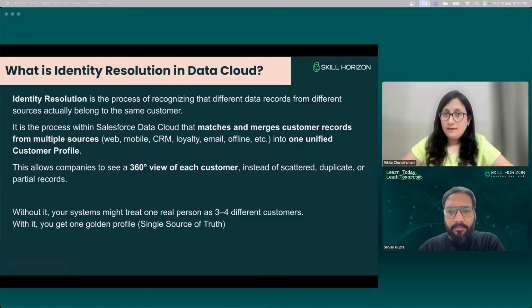So we talked about Data Cloud, in which this happens. What does so is identity resolution. This is the feature which does so. Without it, your systems might treat one real person as 3 or 4 different customers. With it, you get one golden profile, which is a single source of truth. That's it.